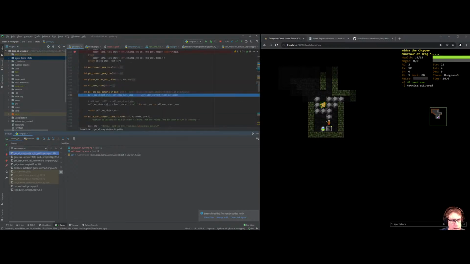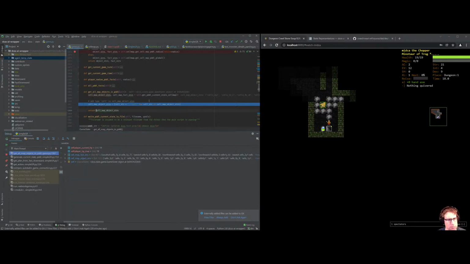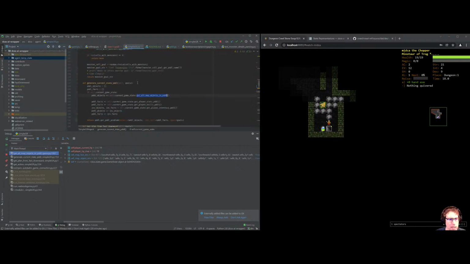So we're literally calling this function. Okay, step over. And oh, we're just returning the object strings. Why? Okay, that's easy. Let's do objects first and then facts. Is it that simple? And then pddl objects. It's really,